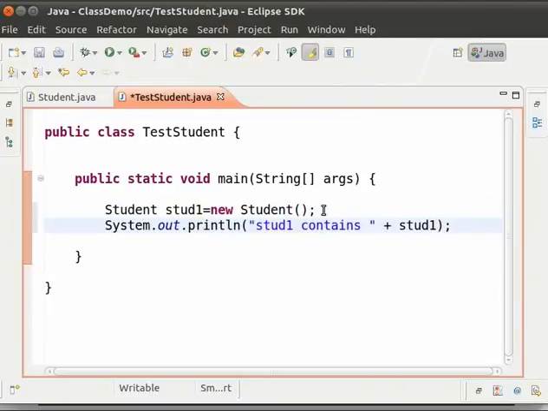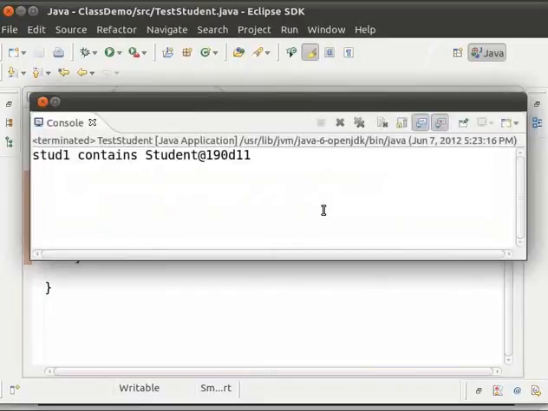Now save and run the file TestStudent.java. We get the output as follows.